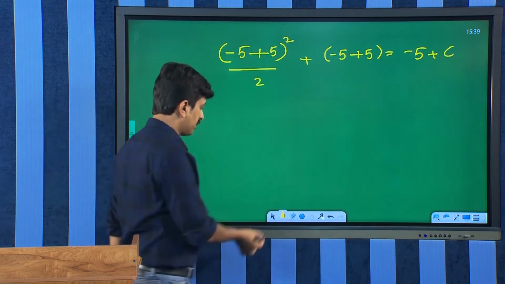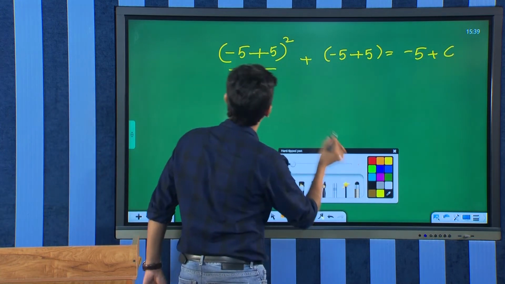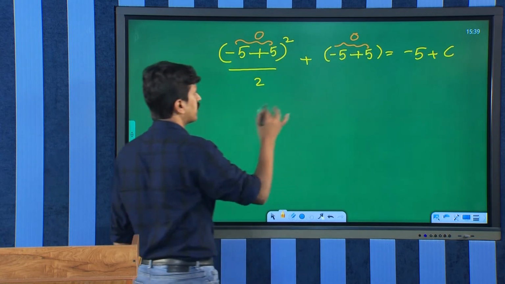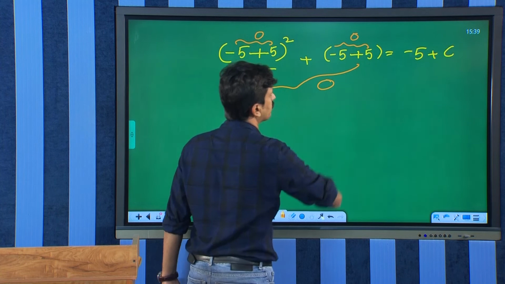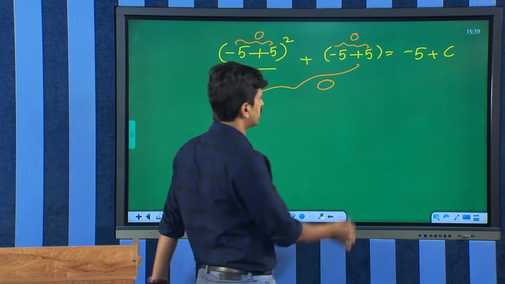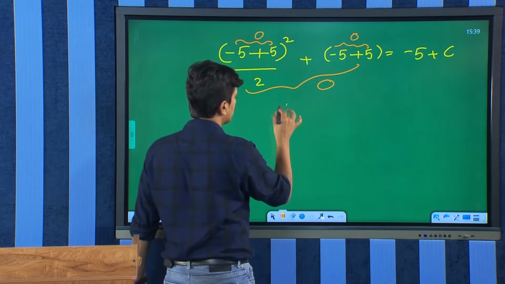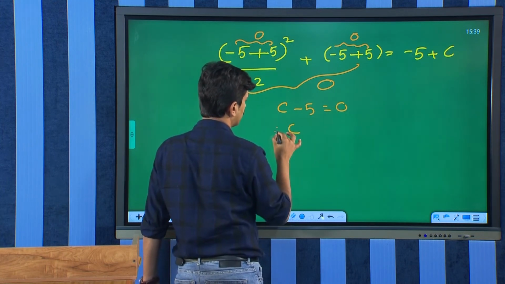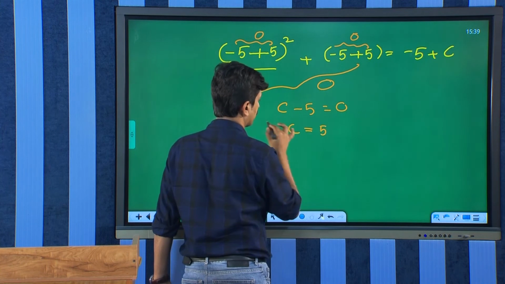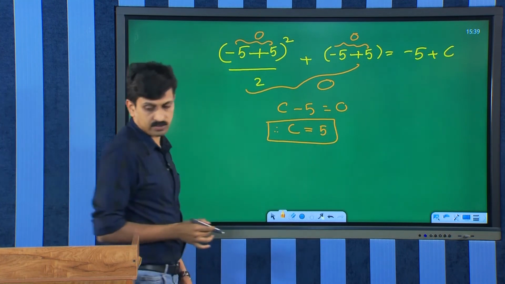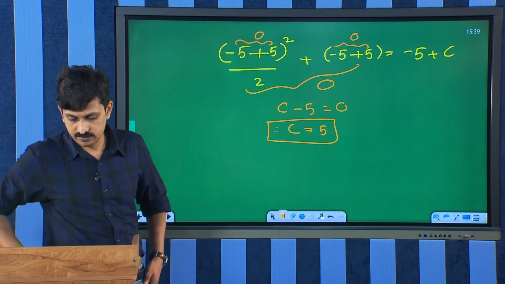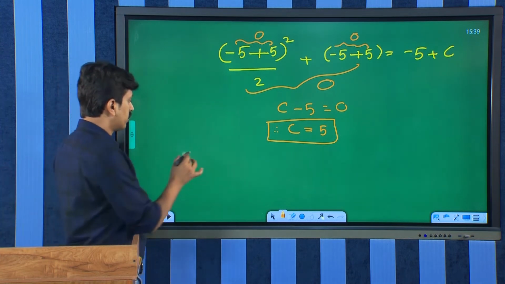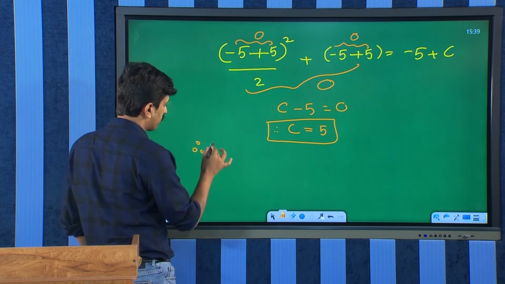Okay. See, minus 5 plus 5 is 0 and this is also 0, therefore the entire part is 0, no problem. So we take c minus 5 equal to 0, therefore c is equal to plus 5. Now we found the value of c as 5. Okay. So c is equal to 5, therefore the particular solution